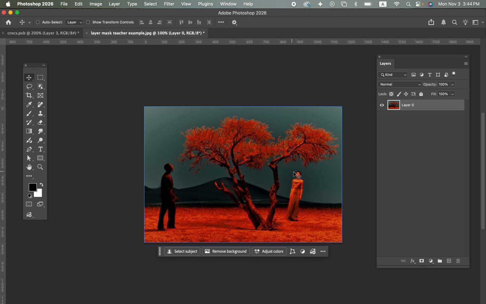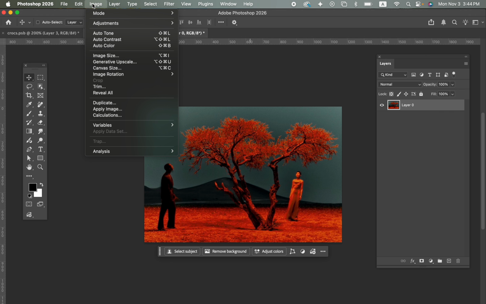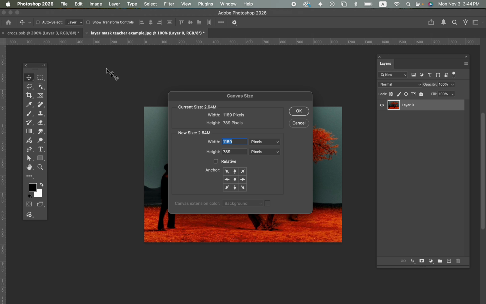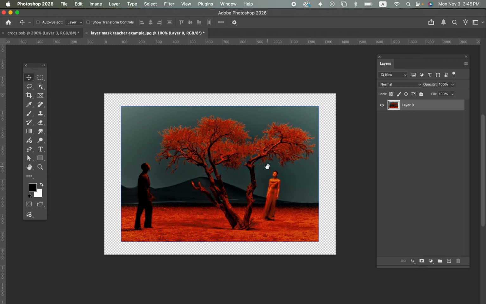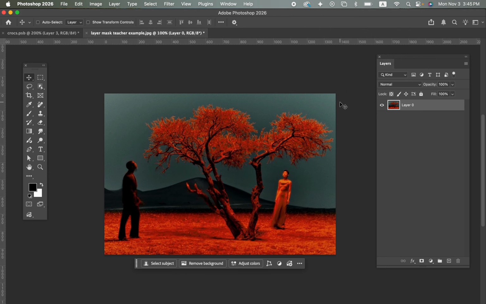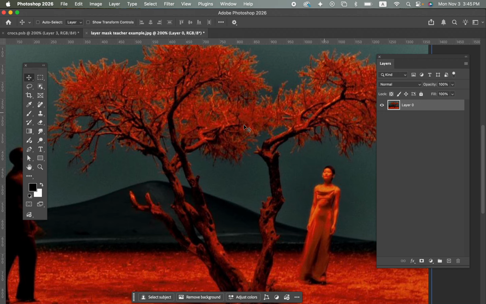Now, first thing I did, this is Photoshop 2026. You want to make sure your canvas is the correct size, image canvas size, in inches. And I want it to be 19 width by 13 height. Okay. And then I'm going to Command T, hold my Alt or Option button to get this fully within view. And I'm going to go ahead and use